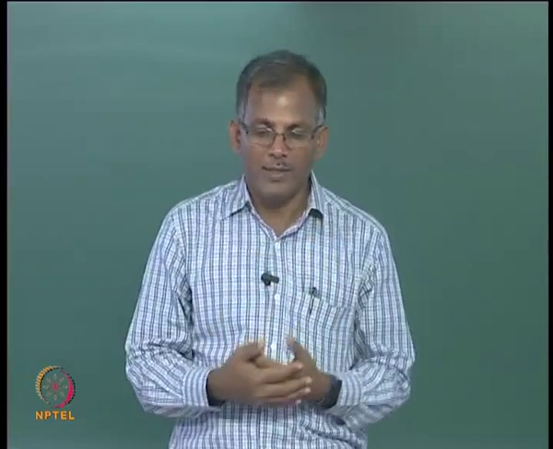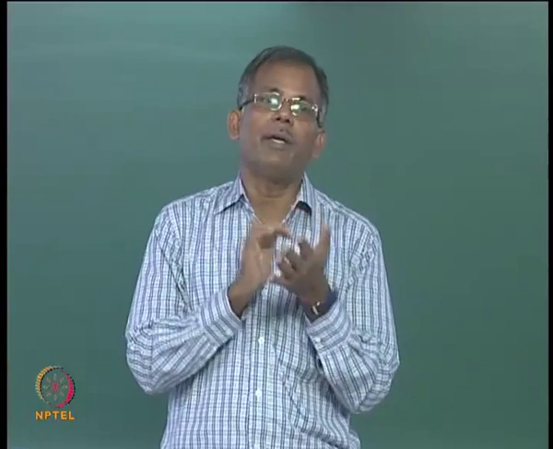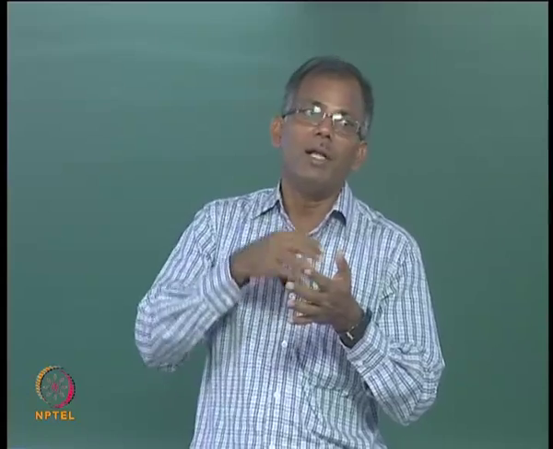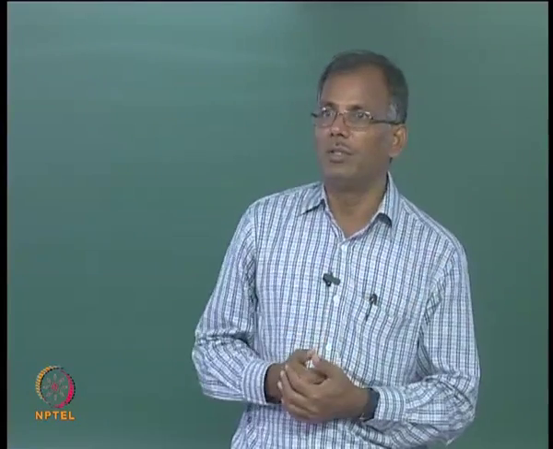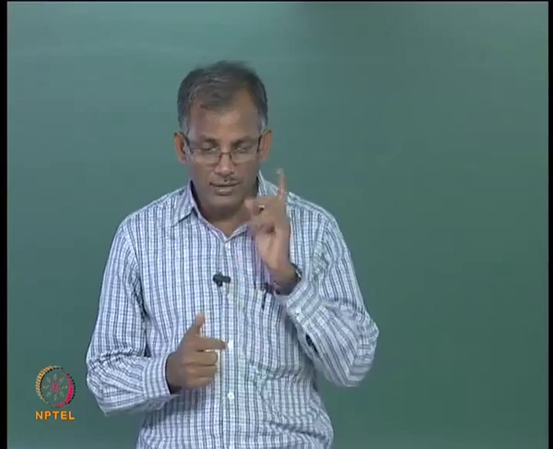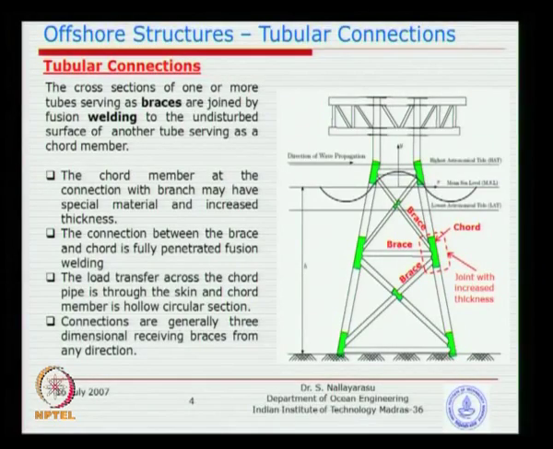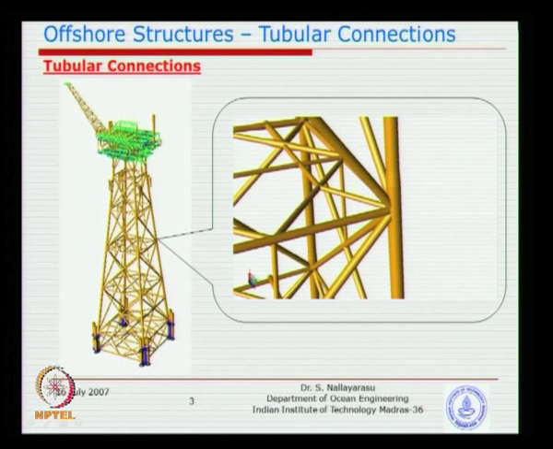That is why the design procedure today treats individual planes, and then the design is automatically satisfied if you follow the procedure given by the codes, because the codes have built-in empirical factors which take into account three dimensional effects. So that is the design principle adopted. You must remember nobody could come up with a design equation for such a joint. In future, somebody may design for many braces, but nobody is able to come up with it yet. Of course, there are some recent research papers on three dimensional joints, but implementation in design codes is still not yet done.